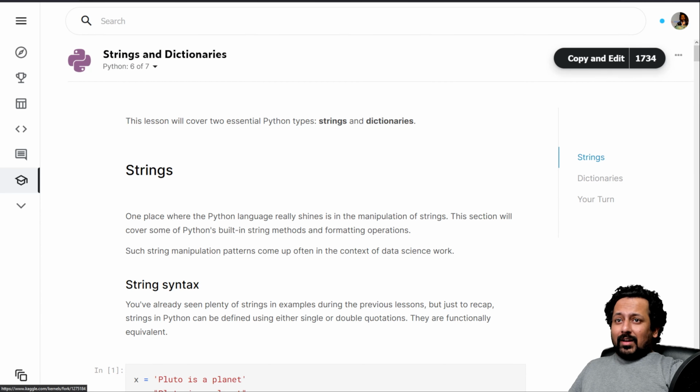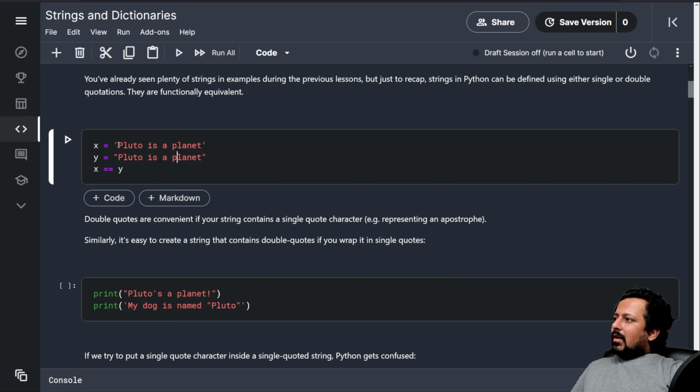And here we are. So now let's try defining a string. So we have mostly done one word strings, but here it's many different words, multiple words and multiple characters. There's some spaces and everything. So here, one thing that you see is that here we have defined strings with single quotes, and here we have defined the same string with double quotes. So yeah, you can define strings with single quotes or double quotes. You can also define them in a different way. I will show you just now.